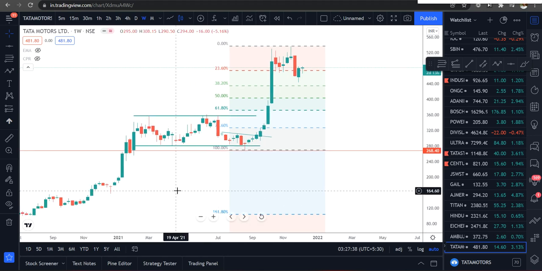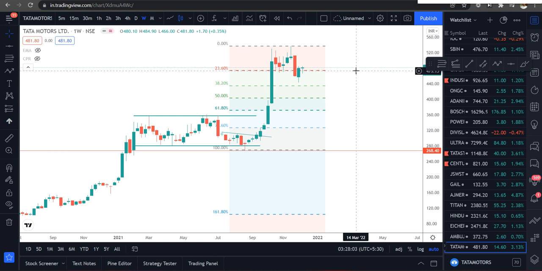I wouldn't say that everything will give you this much profit. There are some stocks that might turn against you, but still these profits will compensate for those losses, and you will end up with at least an average of 4 to 5 percent. So make sure to invest at the right place, and don't invest your full capital at a single price.